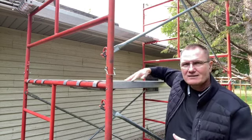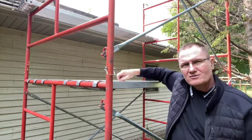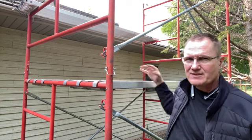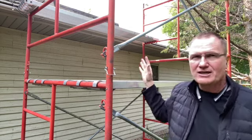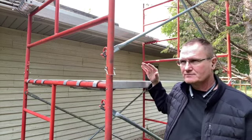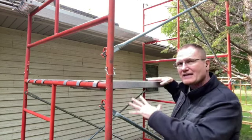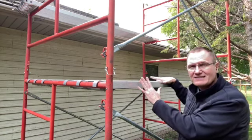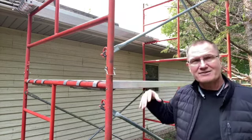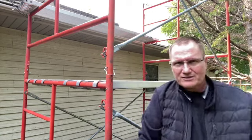Secondly, you've got these planks. If you're using the commercial planks, the metal planks that go with it, there are little 1/8-inch ridges all the way across. In the case of this project, we had to replace some plywood or some wood decking up there. So we used some OSB up there, and I would put the 5/8 inch, which is pretty heavy. If I were using ladders, I'd have to try to carry that on a shoulder or something. Next to impossible. I could lean it up against the house. This is about an 8.5 foot sheet, so I could lean it up and try to do the swing thing, but